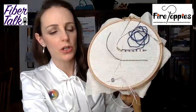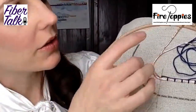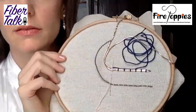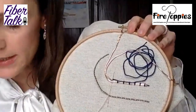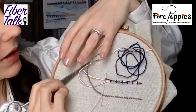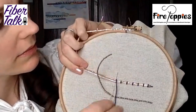So I just want to show you what I have going on my hoop here already. So I've used two kinds of metals here. Natalie, if you move it closer to you, it'll be in the center of the screen. I've zoomed in so people can see. There you go. Like that? Yeah. Okay. So I'm just going to talk a little bit about what's happening here. So this is like an imitation Japanese thread, quite a big one, really thick actually. But I did that because I thought it would be easier for you guys to see. So you can see I've couched along here,